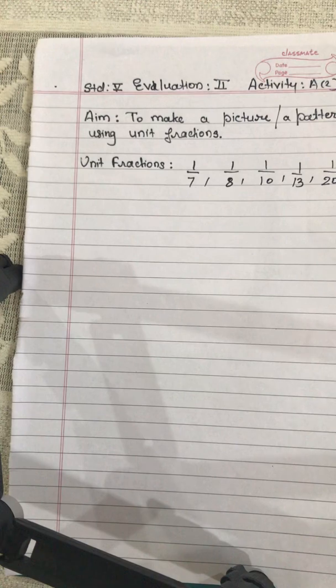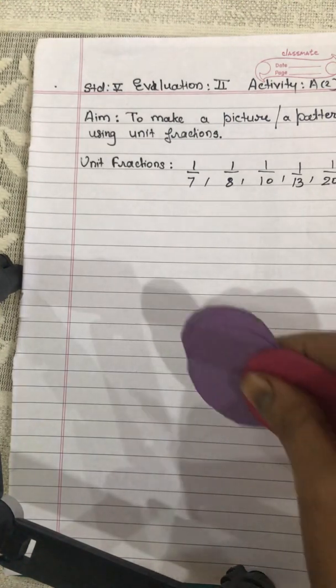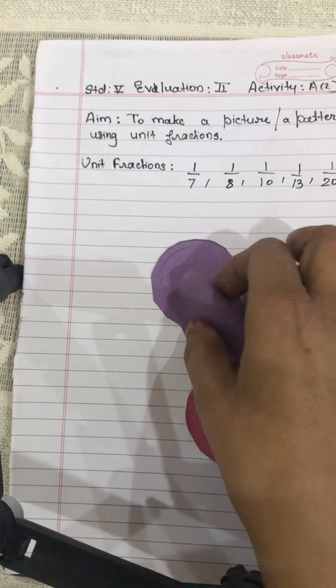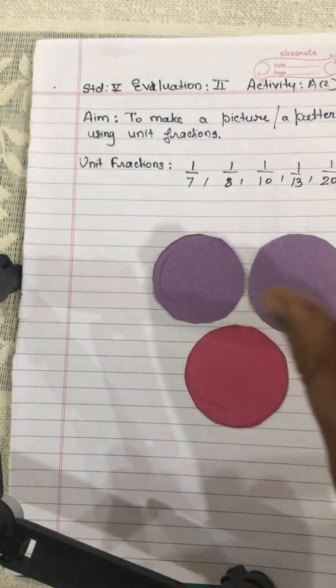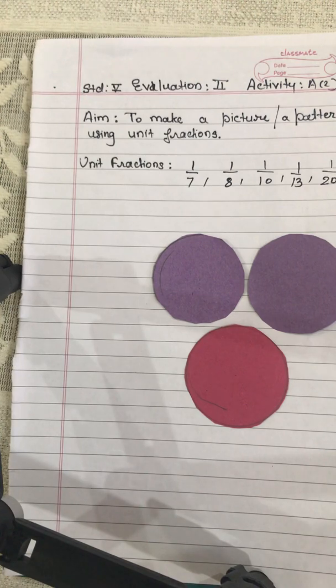Here, students, what you have to do, using these unit fractions, we have to make a picture or a pattern. For that, we should represent a few unit fractions on the craft paper. Okay? Any unit fractions you can represent on the craft papers, and then you have to paste them in order to get a picture. So for that, you will draw a few circles with different radii. You can use any color. I am using two colors so that it will look more colorful, beautiful or attractive. You can use any color of your choice. Two different colors you should use so that it will look more attractive.